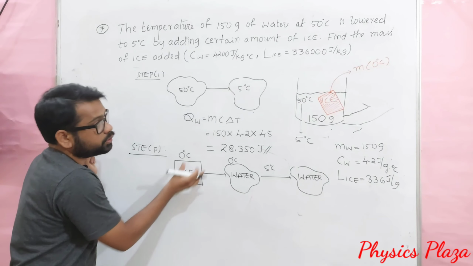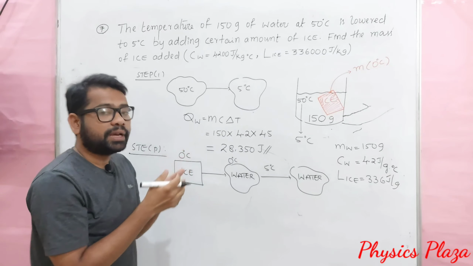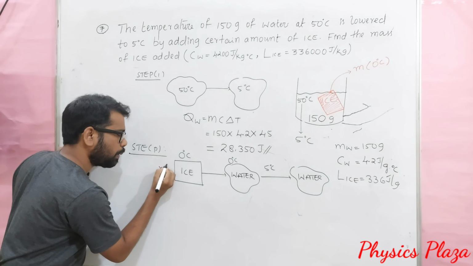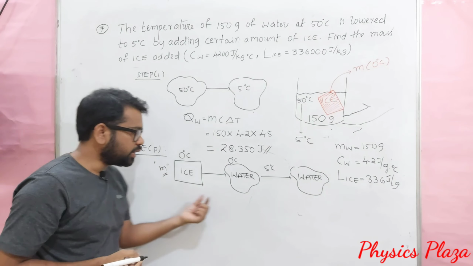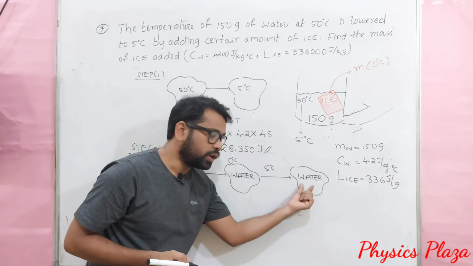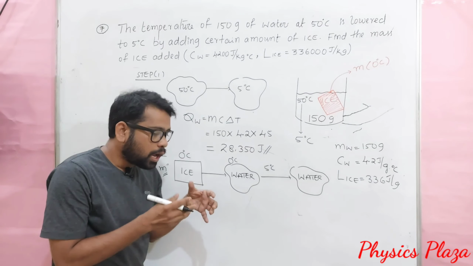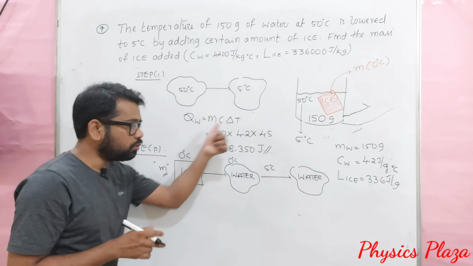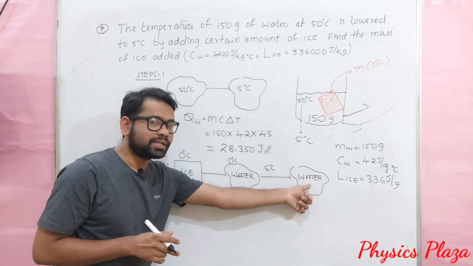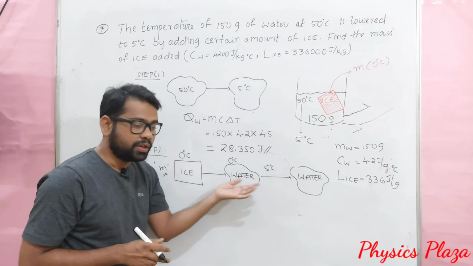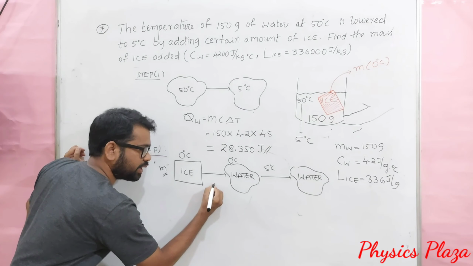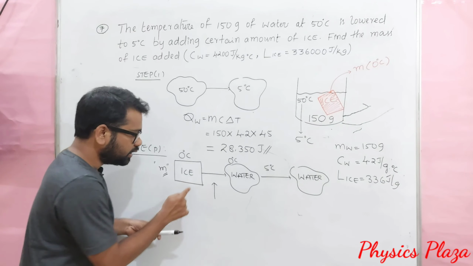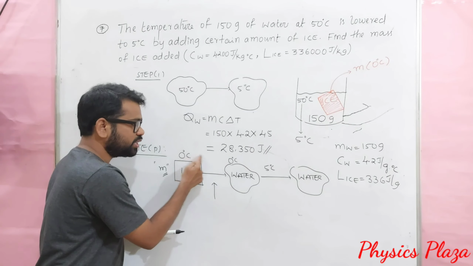Children, here they are asking us to find out the mass of the ice added. Actually, we don't know that. That is to be calculated. Let us suppose here m is the mass of the ice. So obviously here also mass m only. So now we have to calculate the amount of heat gained by the m grams of ice to convert into water at 5 degrees Celsius. So between, here two stages are there. So let us calculate in this stage, dear children, how can we calculate the heat absorbed by the ice at 0 degrees Celsius. So look at here, there is a change in state, but there is no change in temperature.